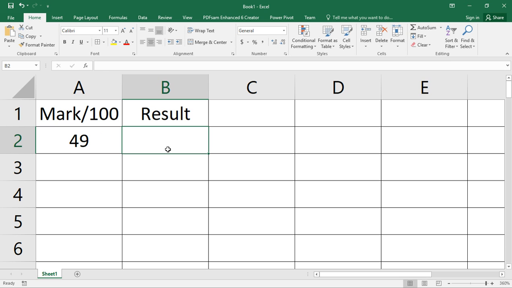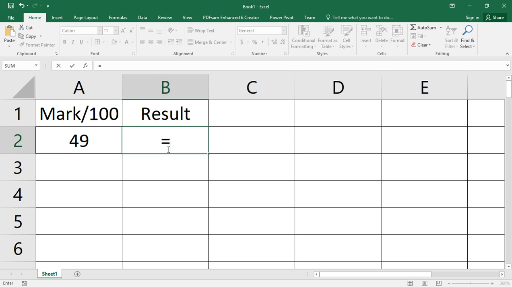Whenever I want to write a formula in Excel, you start with an equal sign. This is very important. If you miss the equal sign, Excel will not recognize your formula as a formula. It will recognize it as just a sentence or a string.